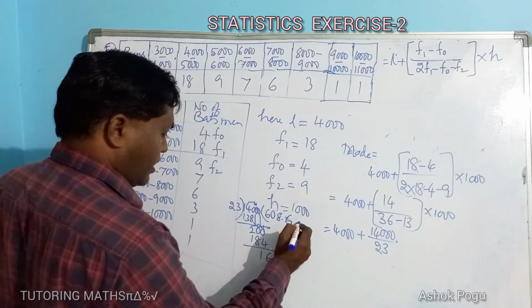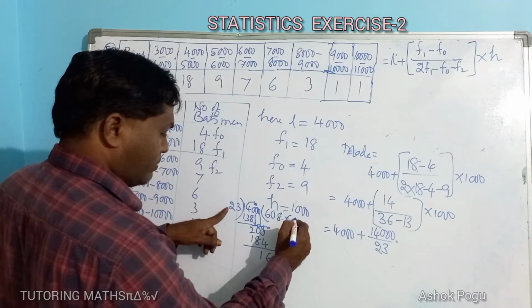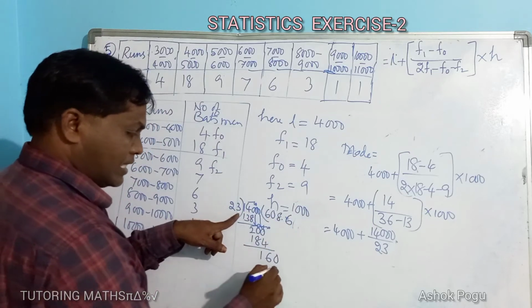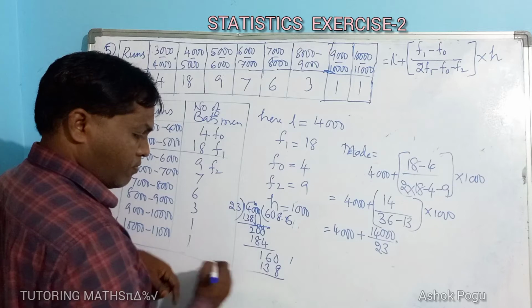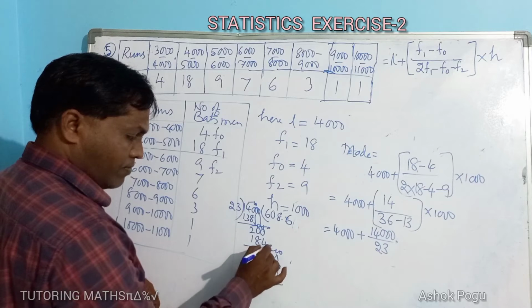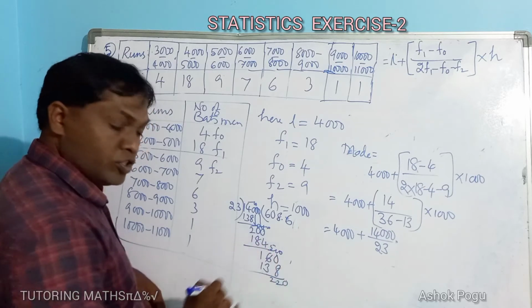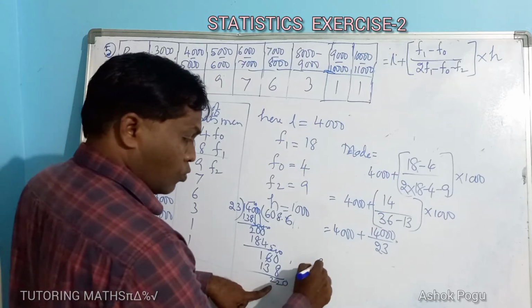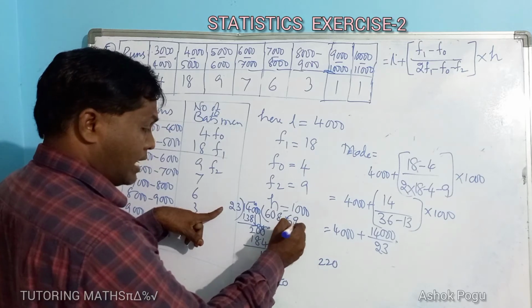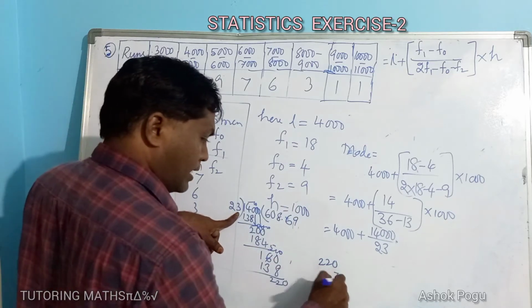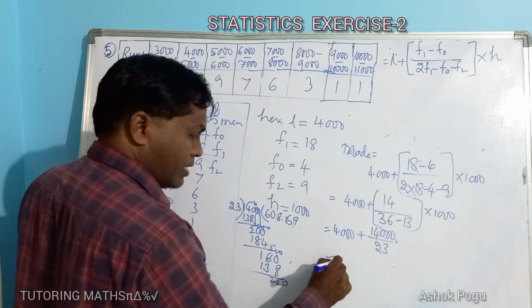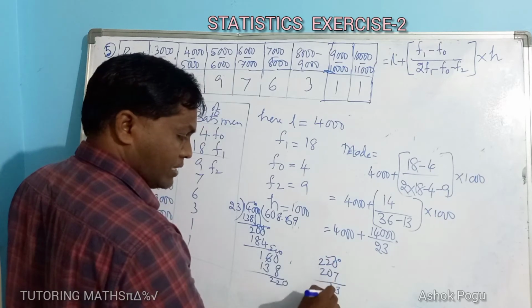Now it is 160. You can check by 7s. 7 2s are not possible, so you can go for 6. Already I have taken 6. 6 3s are 18, 6 2s are 12 plus 1, 13. 138. And 10 minus 8, 2, and 5 is left. 5 minus 3, 2. It becomes 220. Now we have to divide by 23 table. You can check by 9 table. 9 3s are 27, 2 is left, 9 2s are 18 plus 2, 20. Now 10 minus 7, 3, and 1 is left, 13.